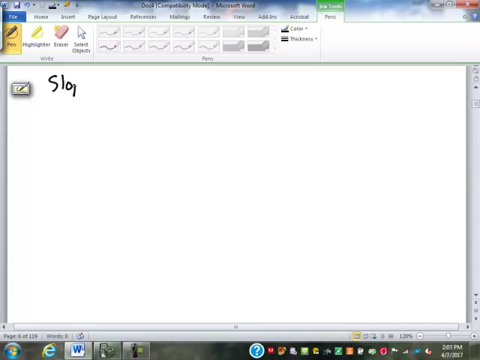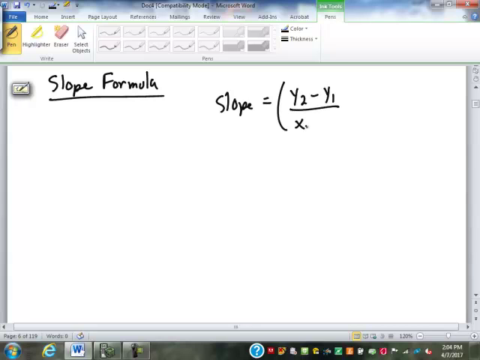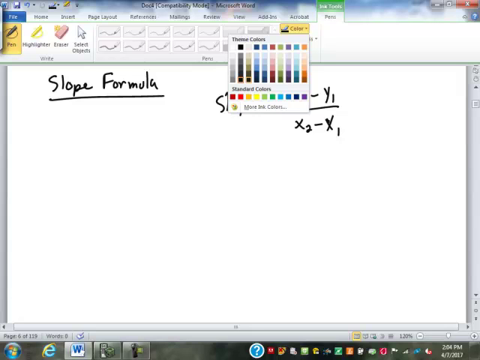So that slope formula is one that we've seen before. And that was that the slope of an equation, or the slope of a line, if I'm given 2 points on that line, is just y2 minus y1 over x2 minus x1. I guess I really don't need the parentheses there. So if I'm given 2 points,